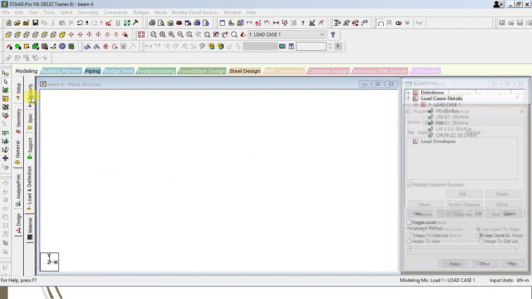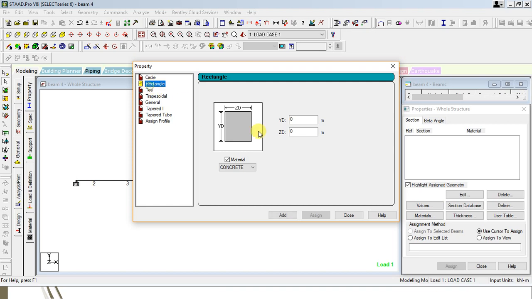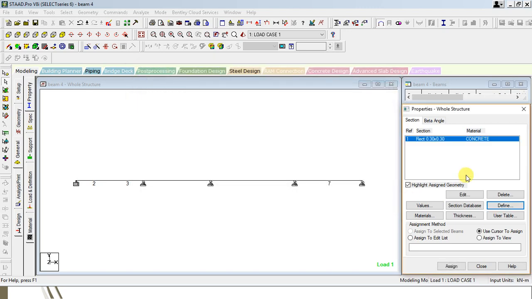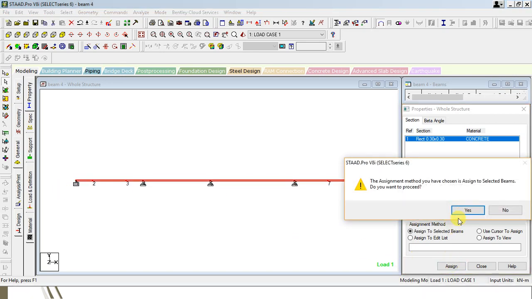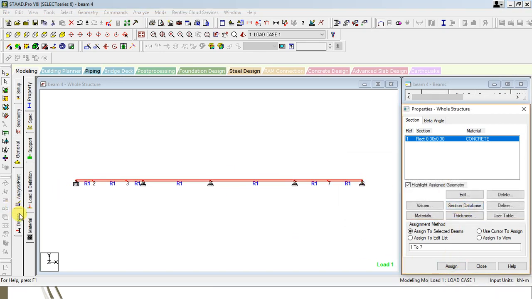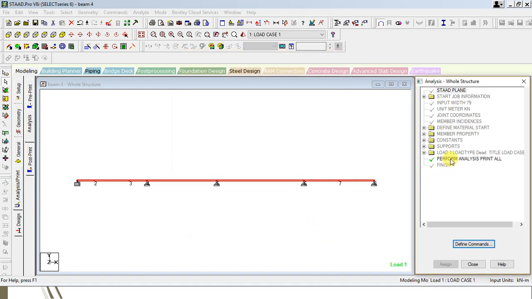Now we have to go in the property, define the cross section size, let's say rectangle size, then 0.3 section I'm selecting over here, then add that section size, close. I'm selecting the whole beam, assign, yes. Okay, now go in the analysis and print, select all, add over here, close. So perform analysis,